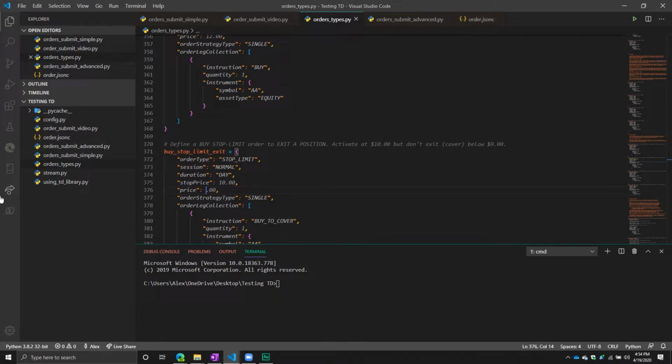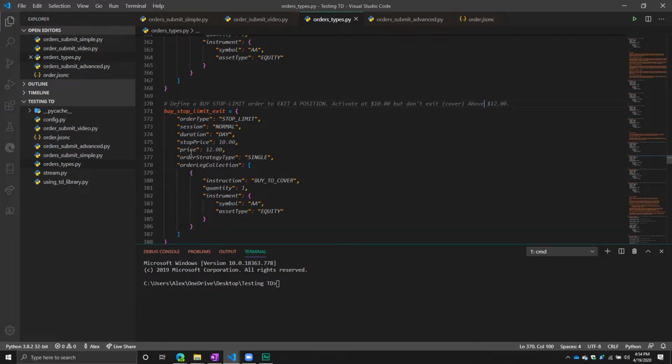Actually, this one's kind of incorrect. I think I mixed up the notes on this one, but don't cover above 12. So in this situation, it's moved against you, but the market's now moving dramatically up. And so what you're saying is, okay, well, if it moves dramatically up, I cannot incur that type of loss. And so in this situation,